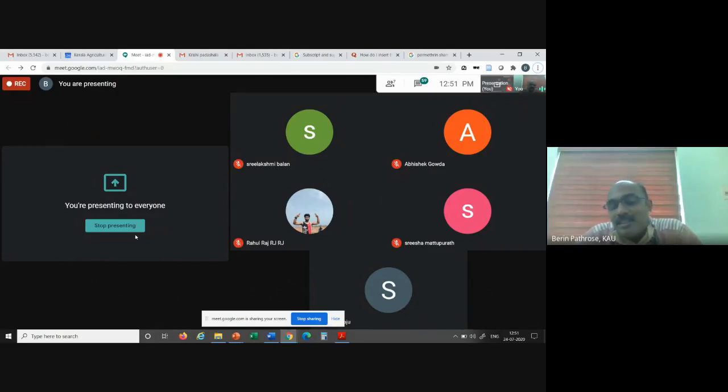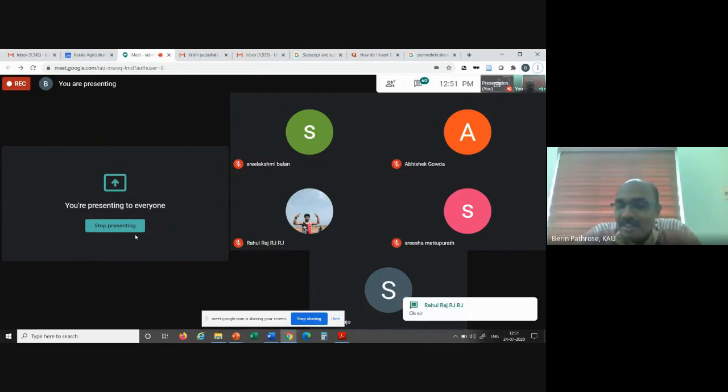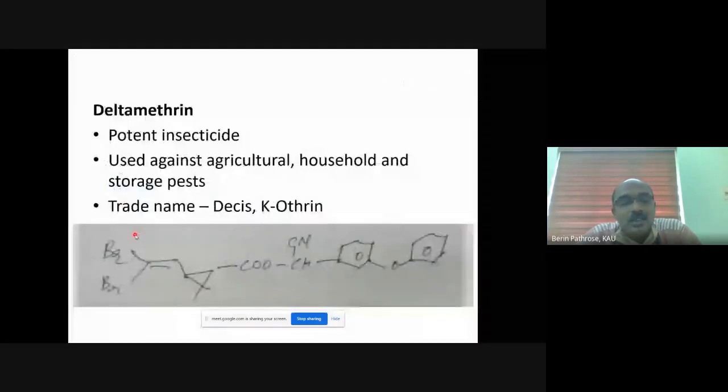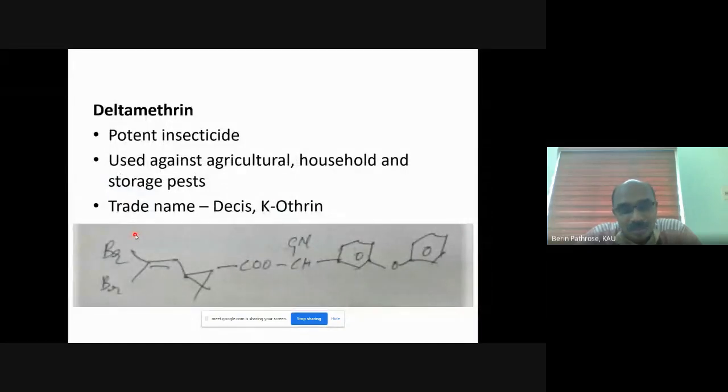It causes extreme nuisance in households all over the state. It doesn't cause any damage to crops. It feeds on dried leaves and all, but it causes enormous nuisance to human beings. It is attracted to light and comes into our homes. So for that, I used to recommend deltamethrin. Deltamethrin is very good for storage pest management, household pest management, and even in agriculture it is recommended. Its trade names are Decis and Keotrin. One more thing, Taxis, I told you.